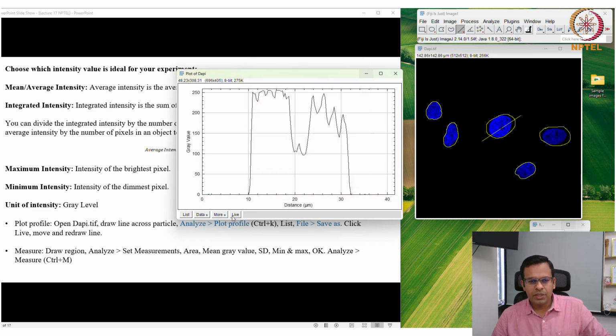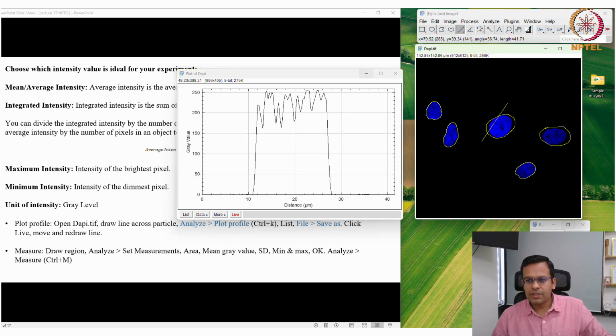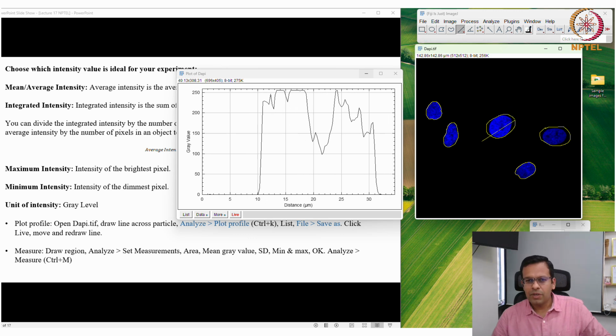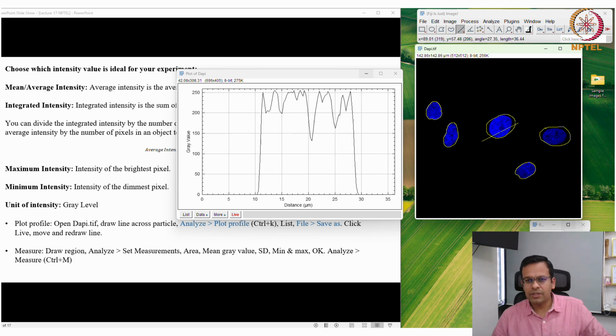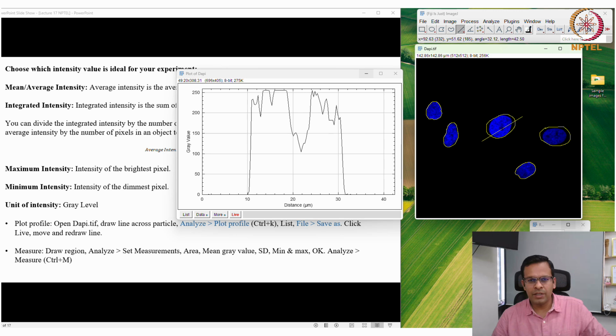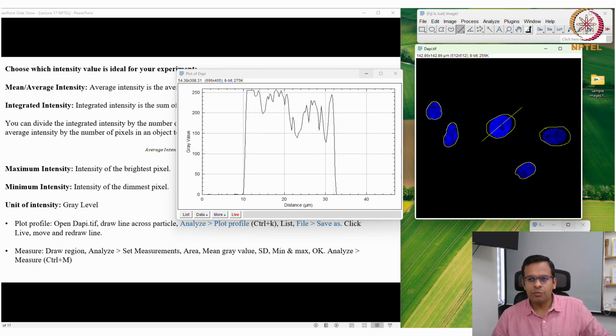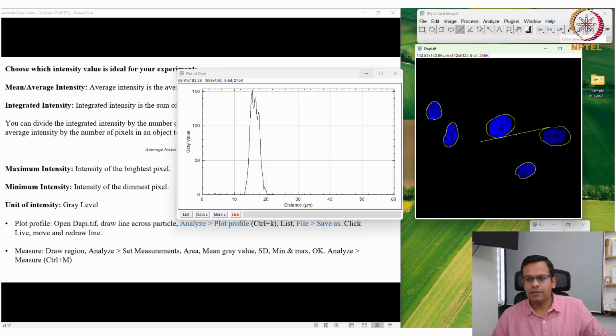Here is a button, you go to live mode, and now you can change the position of this line like this, and you can see the changes in the fluorescence intensity in real time. You move the line, and it will keep changing the profile accordingly.